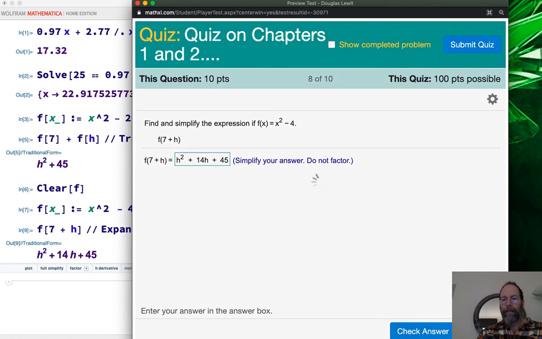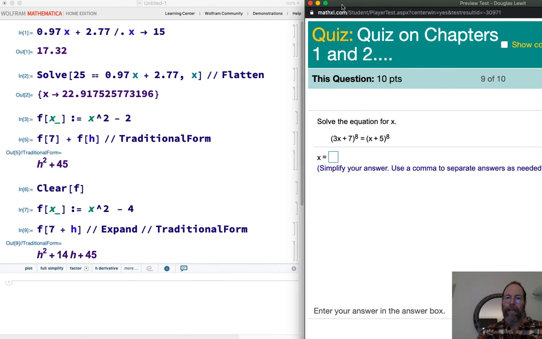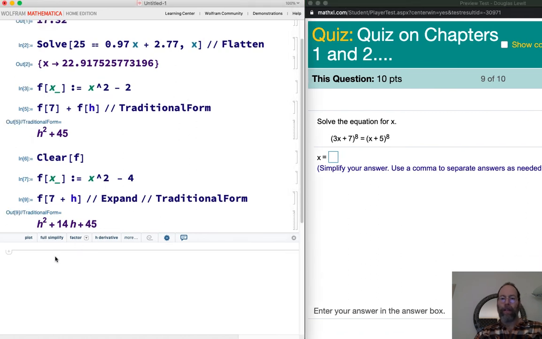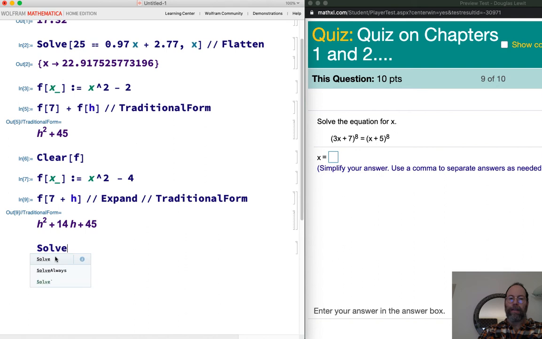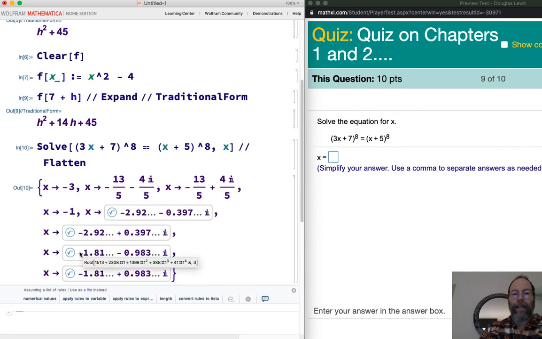And number 9, solve the equation for x. Now here, guys, I really recommend that you use Mathematica, okay? So here's what we're going to do. Solve 3 times x plus 7 to the power of 8 is equal to x plus 5 to the power of 8. Now, if I don't do anything here, okay, I want to show you something. All right, so I'm getting